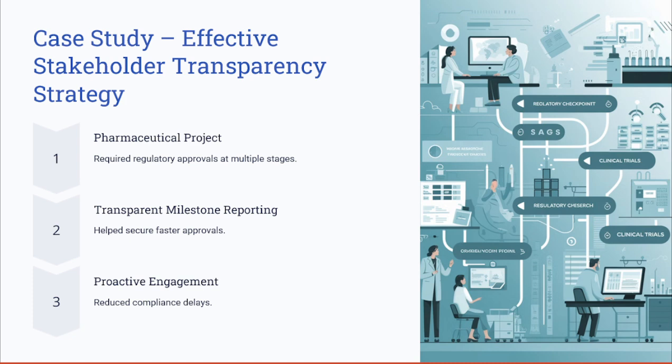Let's take one of these examples where we have a pharmaceutical project which required regulatory approvals at multiple stages. Transparent milestone reporting helped to secure faster approvals. So you, as a project manager of a pharmaceutical project, set a clear milestone of obtaining the regulatory approval. That helped to secure a faster approval and secured the stakeholder support to support you